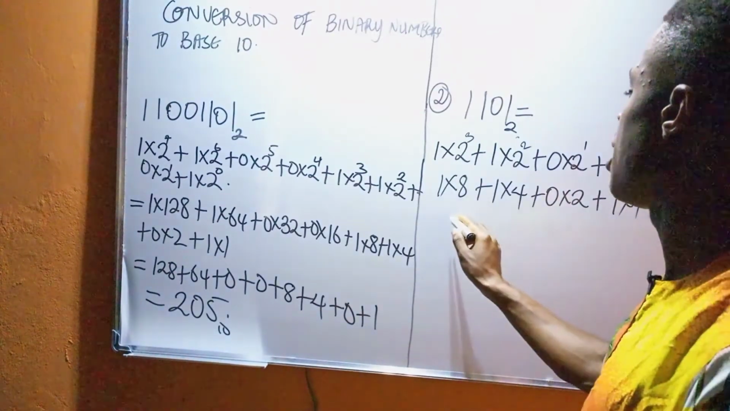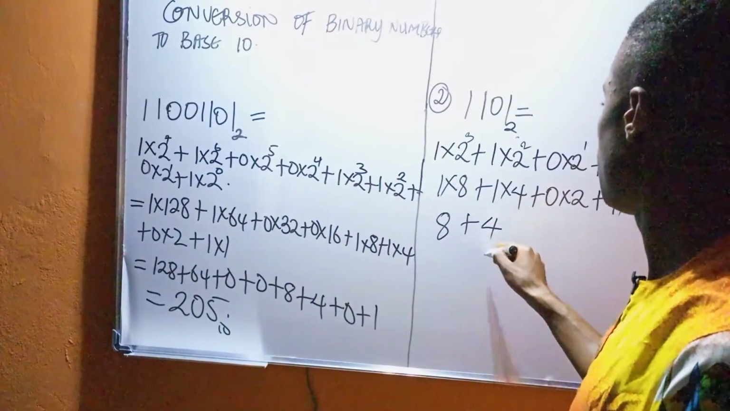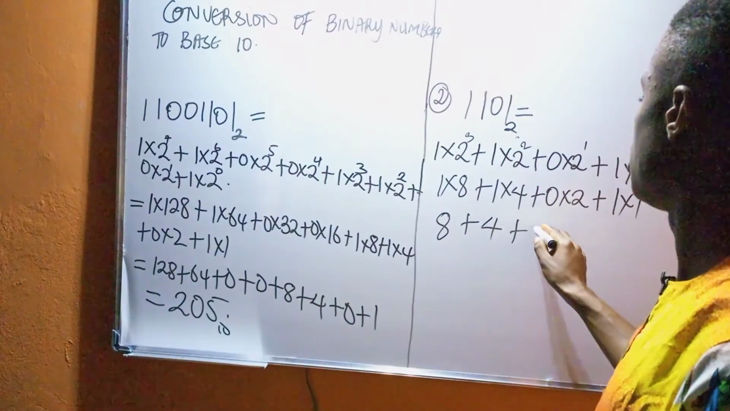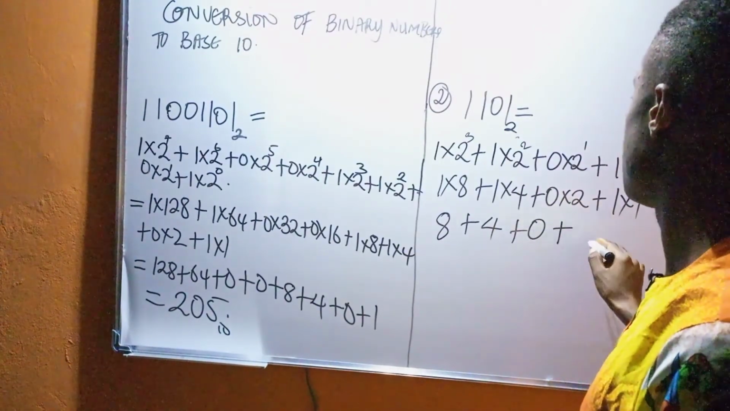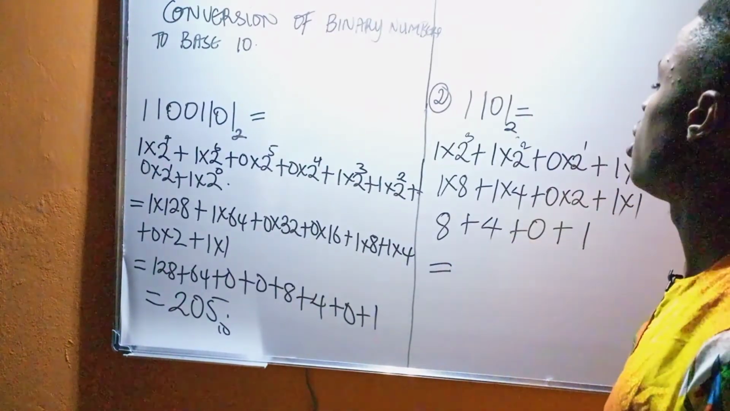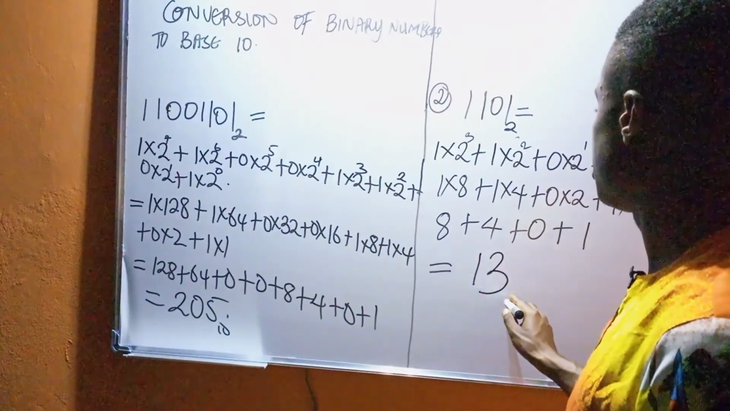So I have 1 times 8 is 8, plus 1 times 4 is 4, plus 0 times 2 is 0, plus 1 times 1 is 1. So you can see here 8 plus 4 is 12, plus 1 is 13, and that 13 is in base